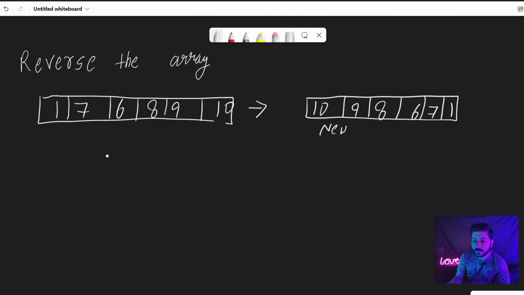Let's see here. For the optimal solution, we can assign two pointers, one at the very start and one at the very end. One will be here and one will be here. Let's say it is pointer i and it is pointer j. The algorithm for the optimal solution says we have to swap these. We will be swapping i and j.